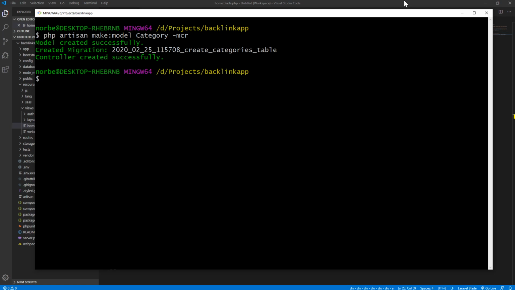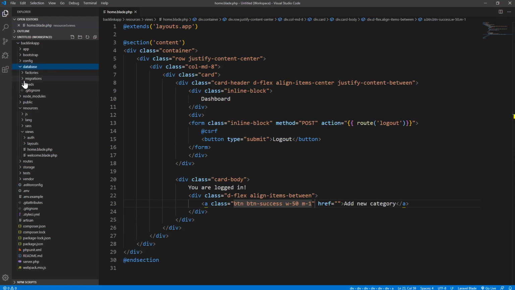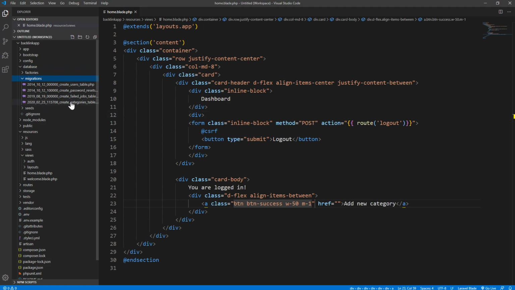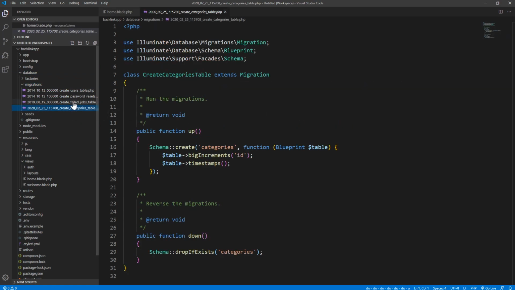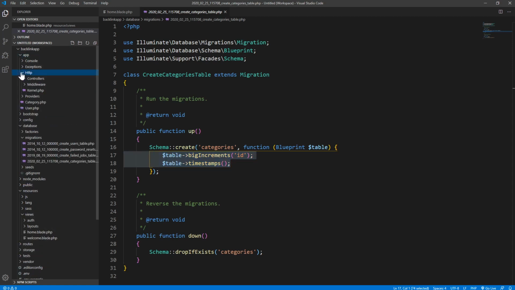Okay, that's done now. So let's check what we have now. If you go to the database and migrations, you can see we have a new migration file here, which is the categories migration file. So we will enter our tables here before we migrate it. And if we go to the app, http